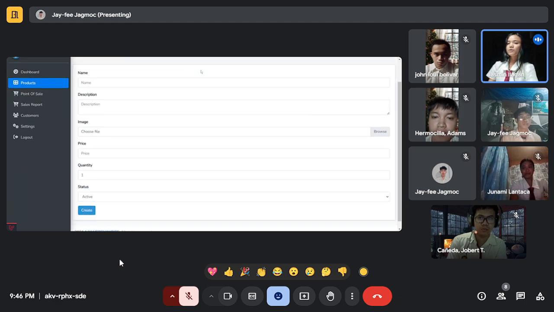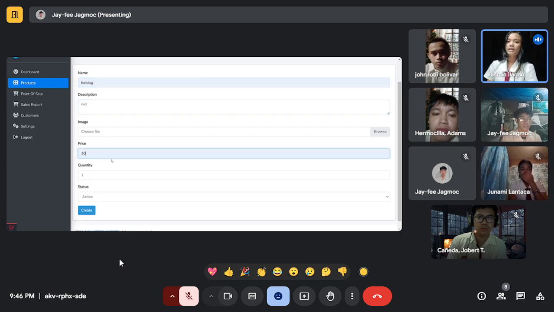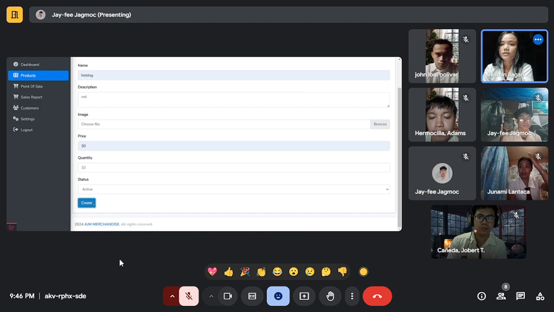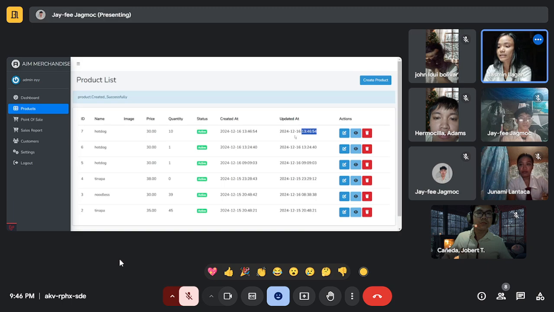Then input valid details such as name, description, image, but it's optional, price, quantity, and then status. Then click the create button to submit the new product. Then verify that the product appears in the product list.